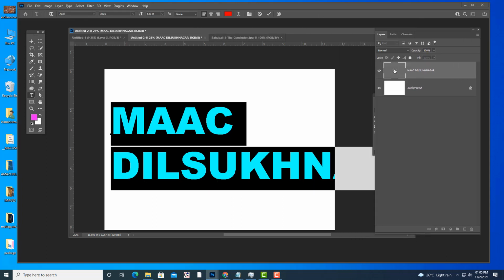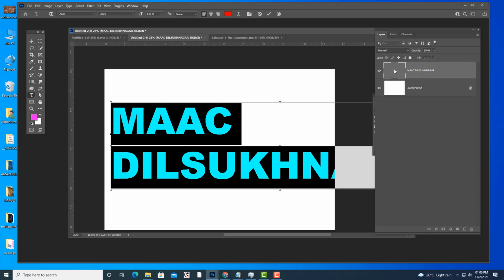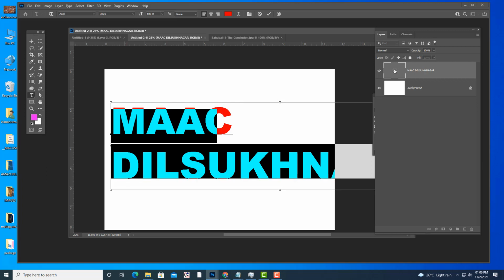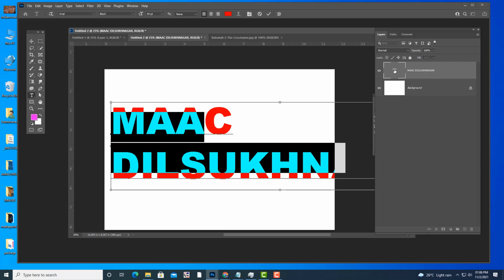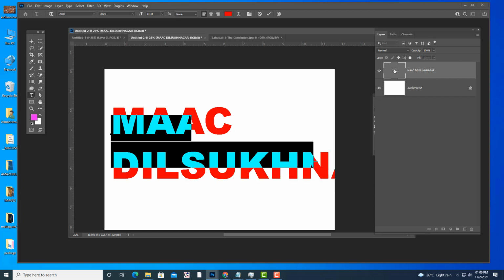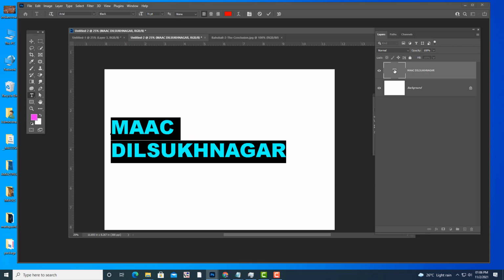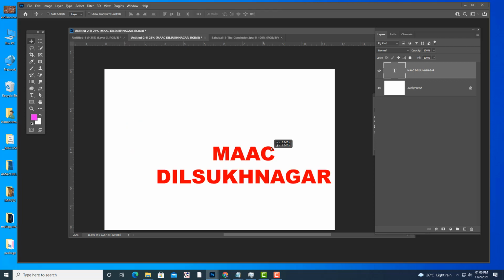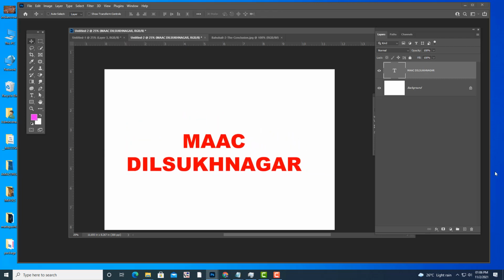So highlight the text, and I told you a shortcut in the last class, how to reduce the size of the text. What is the shortcut? Control Shift less than. Just see, Control Shift less than to reduce the size of the text. If it is taking a lot of time, you can simply put in the value. Okay, now it is down, and we have to center align the text. How to center align? See, here we have an option, center align. Just click on that, and then use the move tool and keep it exactly at the center, like this.